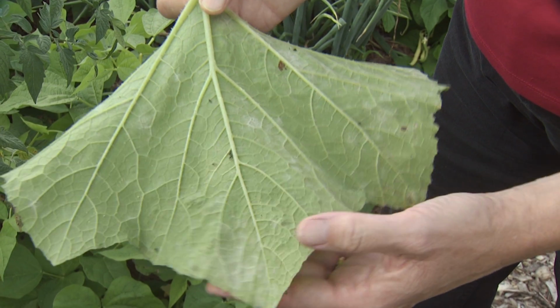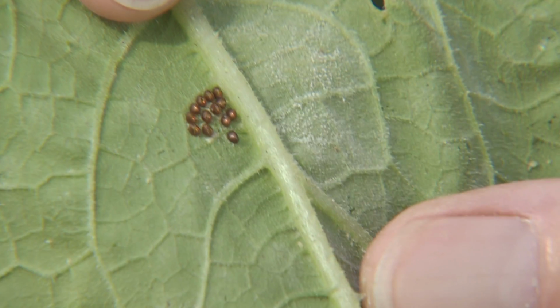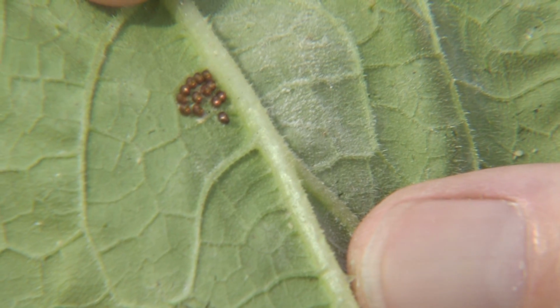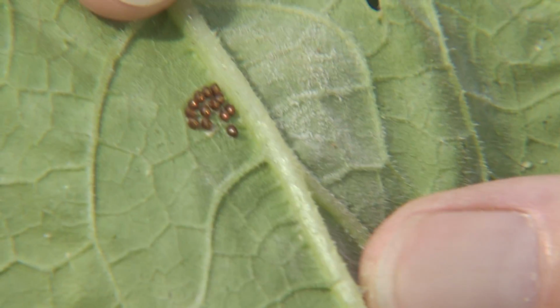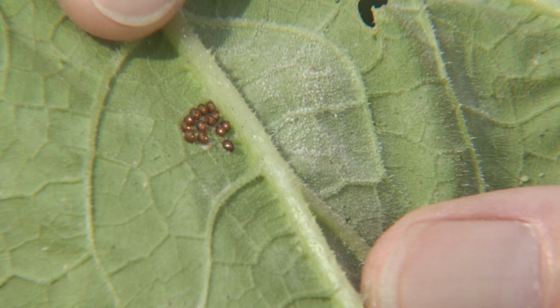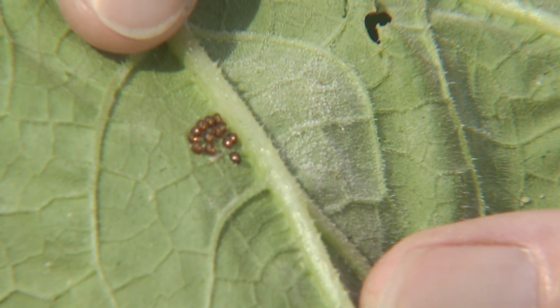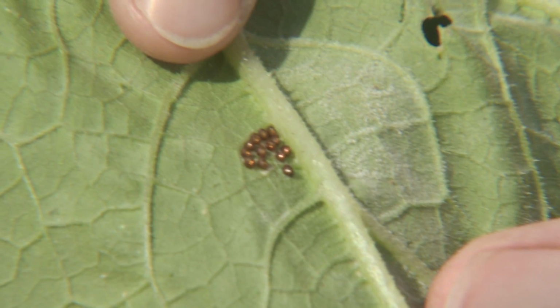So another thing you can do when you're in the garden looking around, checking for problems, turn the leaves over and then look for eggs, look for bugs, look for the beginning stages of disease. So nipping things in the bud, before they get to be too big of a problem, is a lot easier. Because there's so many different things that could be out there between the bugs and then some of the diseases like the powdery mildew, squash bugs, various things,